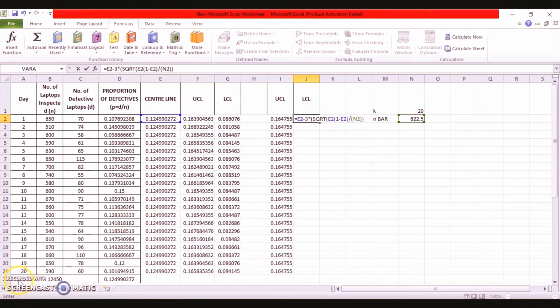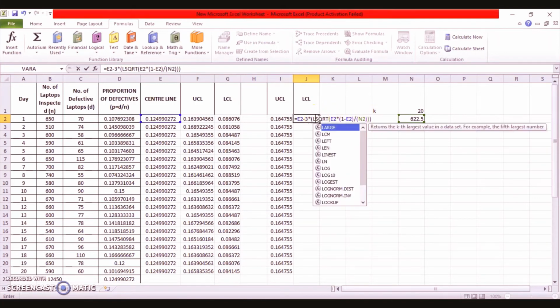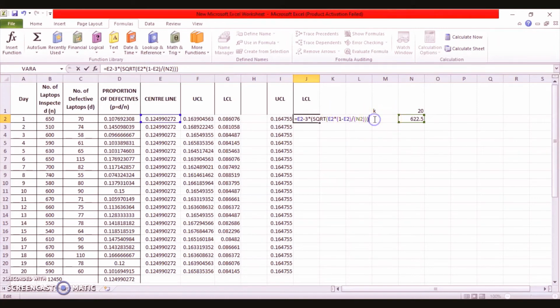And this way we got the value of your lower control limit. Oh, I just selected something else here. Okay, so this is your LCL value, and just to make it uniform, we are going to put a dollar sign here because there is no variation now as it was in the previous formula for the lower control limit.